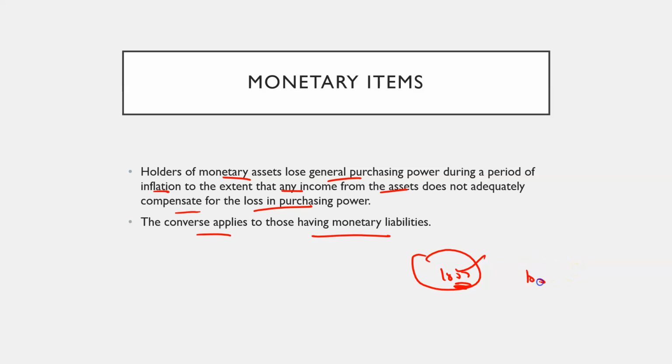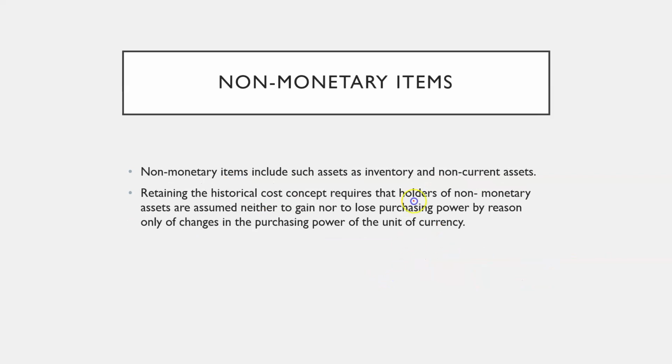Because when they get £1,000 from you, they won't be able to do as much as they could when they lent the money to you. So, to a certain extent, it works in your favor. But with non-monetary items here, the idea really is that with non-current assets, this just makes sense that